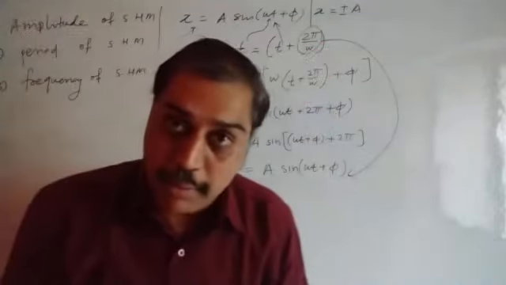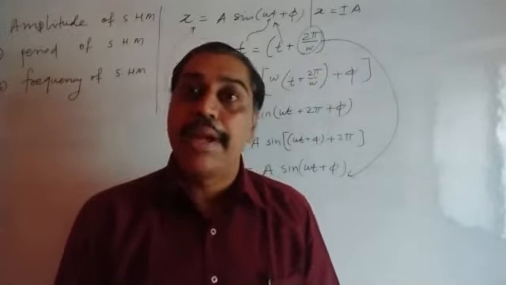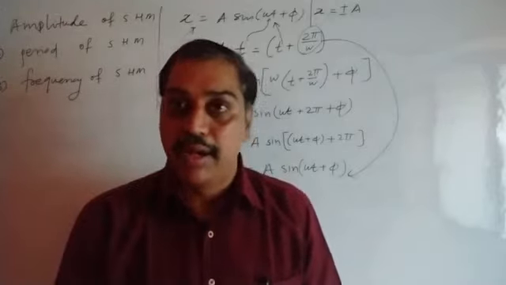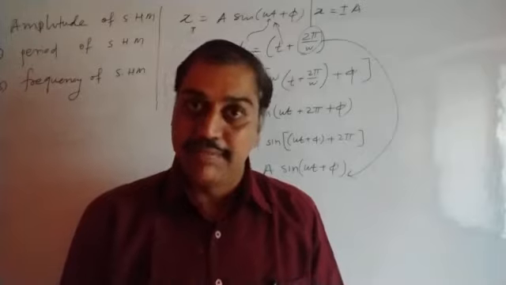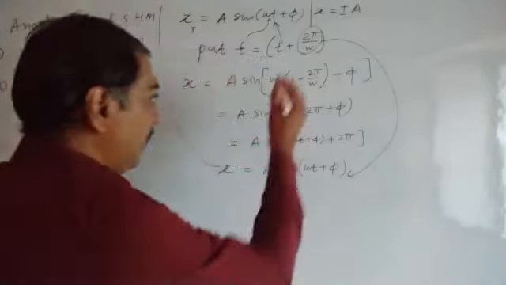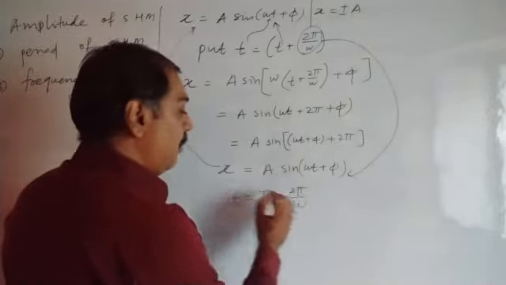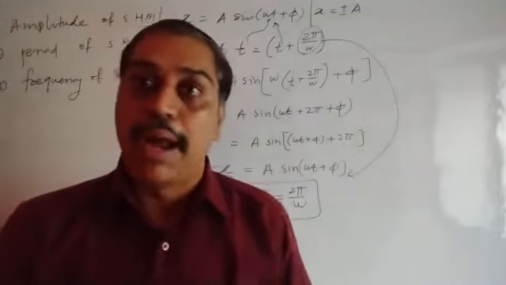So what is this 2 pi by omega? 2 pi by omega is the time period, or period of SHM, within which one set of movement gets complete. After that, the movement is repeated again and again, the same set repeating. That we have seen as periodic motion. So we can write small t equal to capital T, the time period of simple harmonic motion, equal to 2 pi divided by omega. Remember this equation, time period T equal to 2 pi by omega.